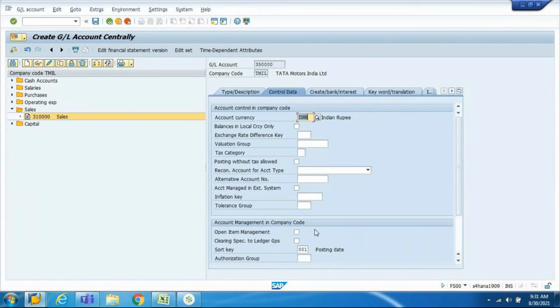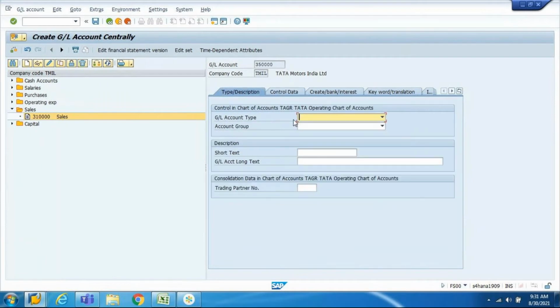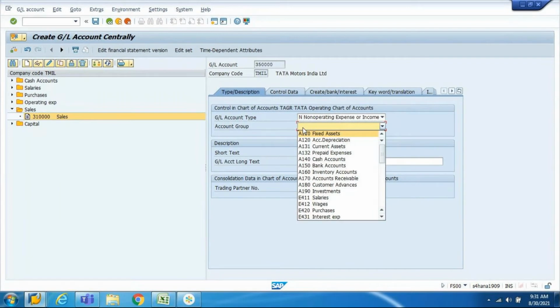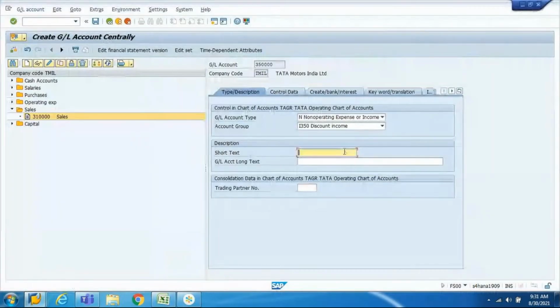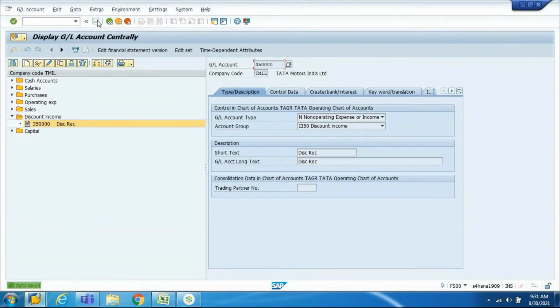Control data, I'm giving 001 posting date. Here I am giving the nature of account and account group 35. So I'll select I35. Account description I am giving discount receipt. Clear it. Now we are done with all the GL creations.